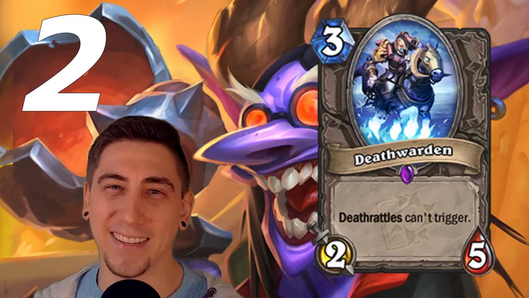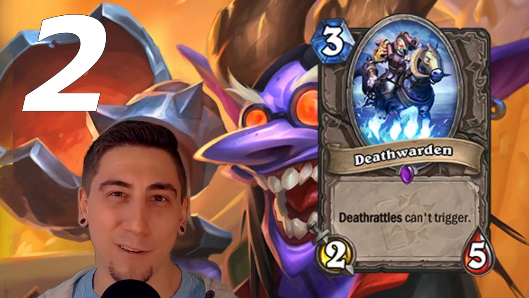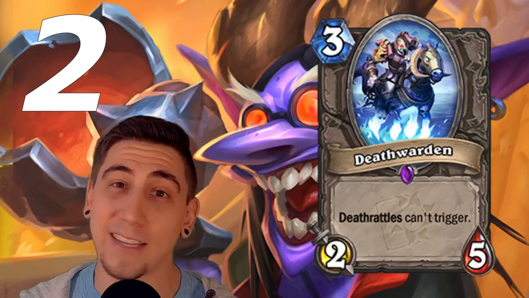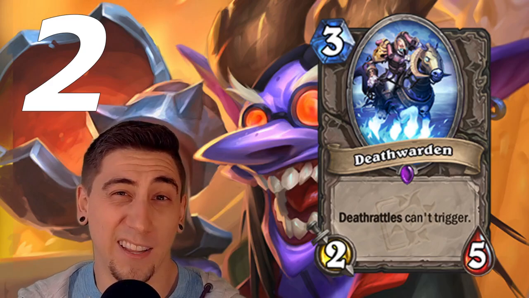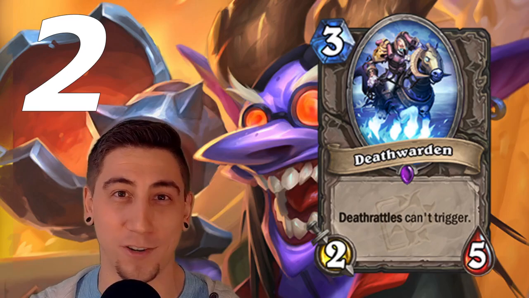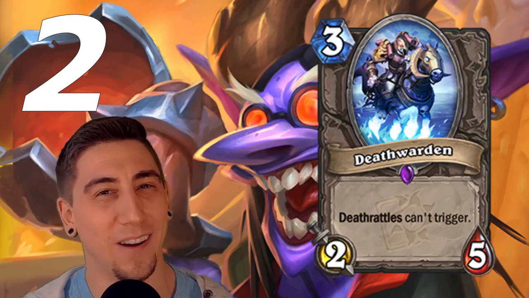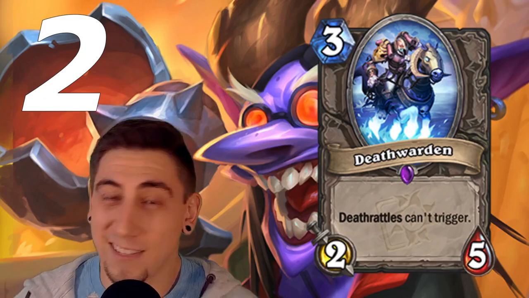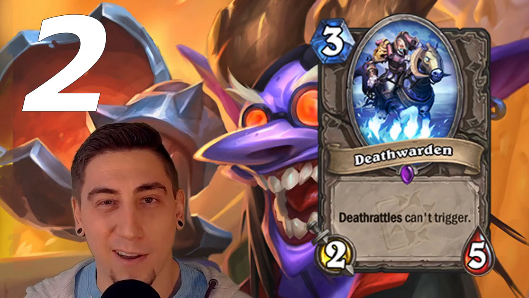To me, this kind of seems like a backup button for Blizzard. You know, if they happen to print some really crazy death rattle stuff in the future, this is kind of like their safety net to make sure that nothing really gets out of hand. Like if they print a Carnivorous Cube 2.0, at least we have this card to maybe tech into some stuff. Yeah, as it currently stands, dust it, get that 100 gold back because it's just not going